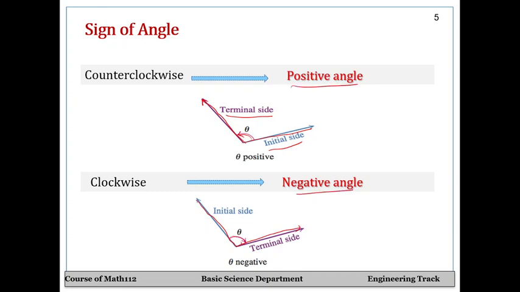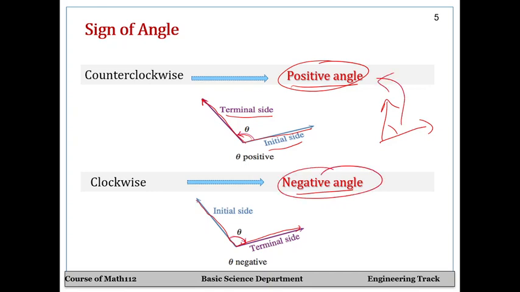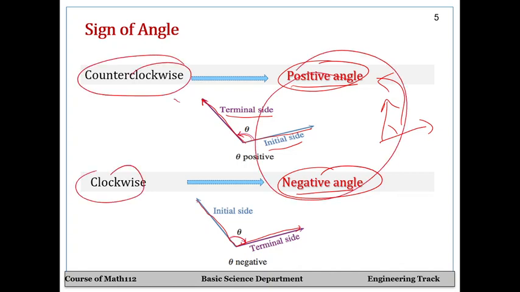Okay, so you might ask, is this positive or negative? Okay, guys, positive angles, we will take them all as positive, okay? But the negative angle issue, positive angle and negative angle and clockwise issue will be used